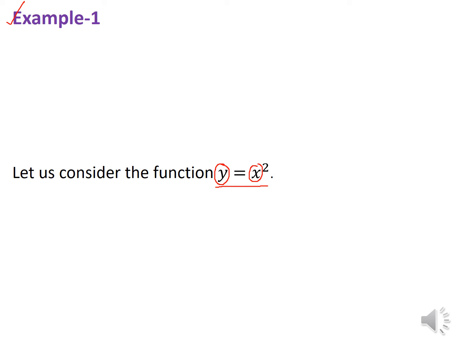Now from the equation y is equal to x square, we see that the function is defined for all real values of x. In other words, we can say that there is no value of x for which the function will be undefined. So when we say that a function is undefined,